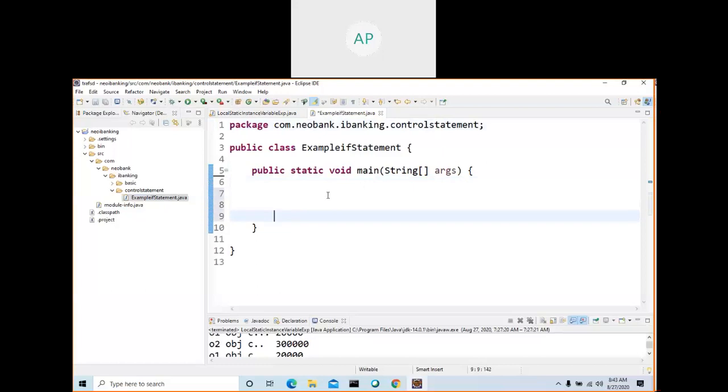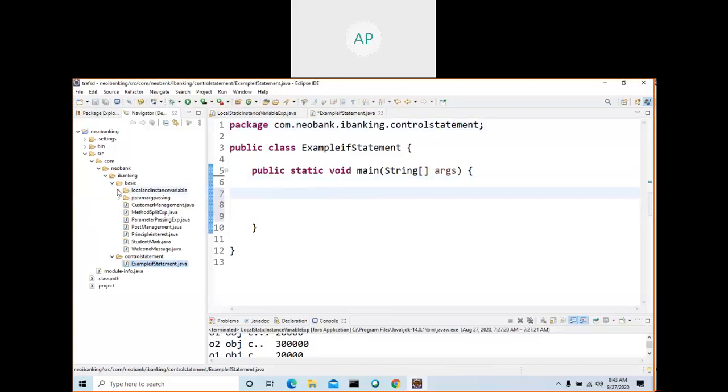Instead of getting input from the user, I can hard code age equal to a whole number. So consider age as 25. So it is wrong. Why? Data type int is the data type.